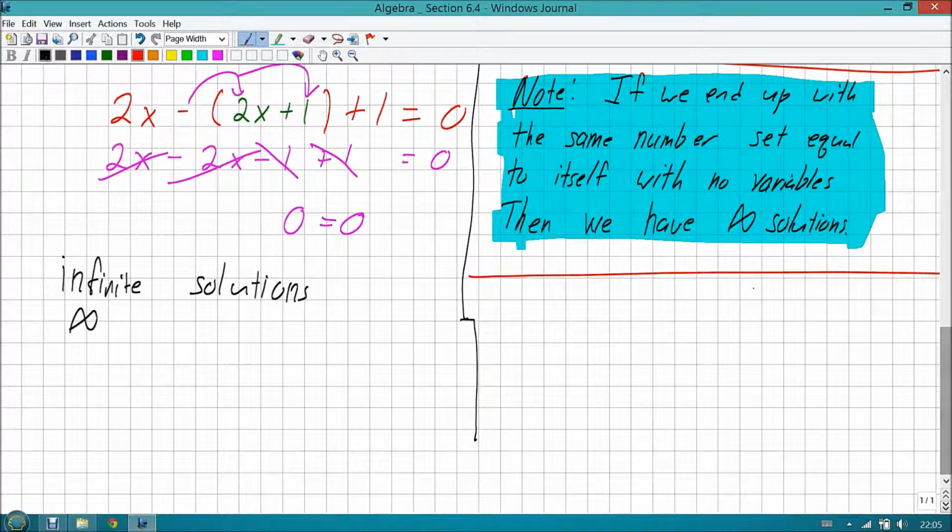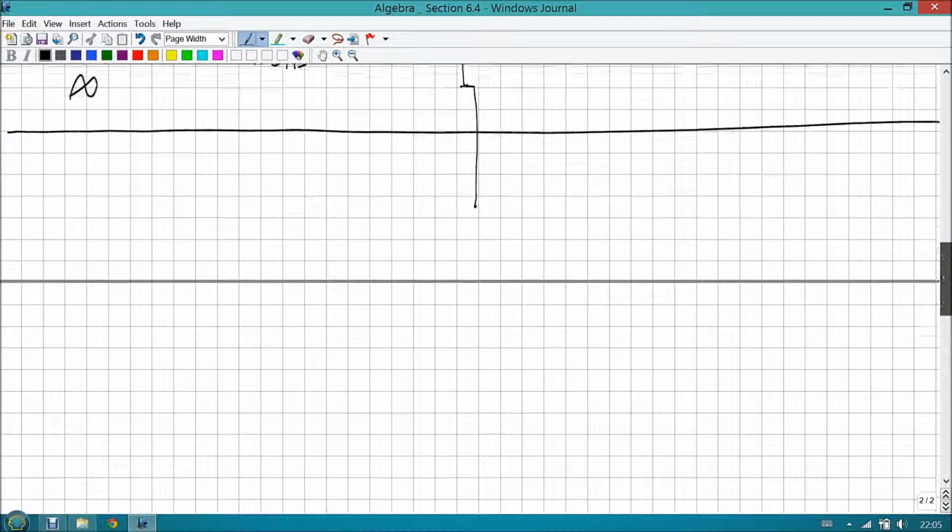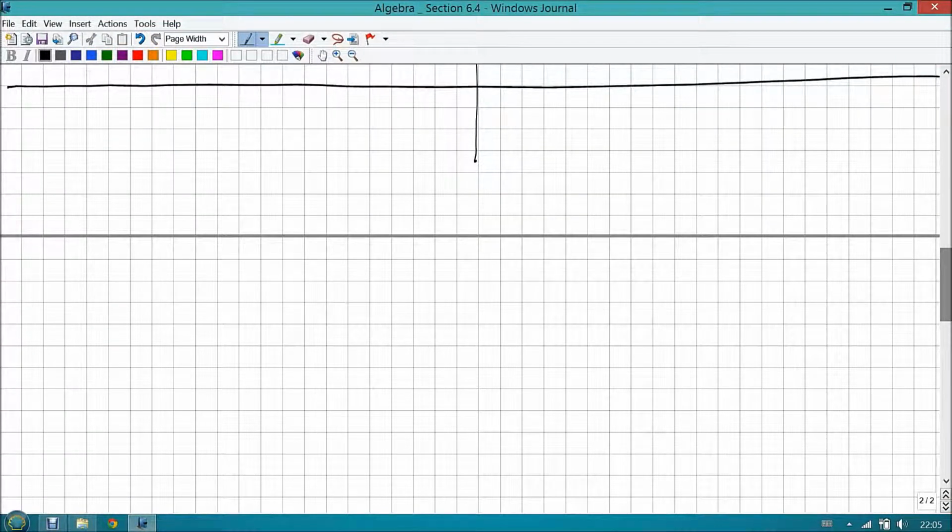Which leads us to another conundrum. Why are there infinite solutions? Why are there no solutions? What makes them the way that they are? Well, that comes down to parallel lines. If you remember, parallel lines